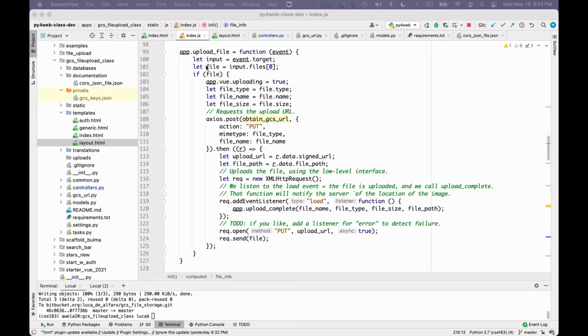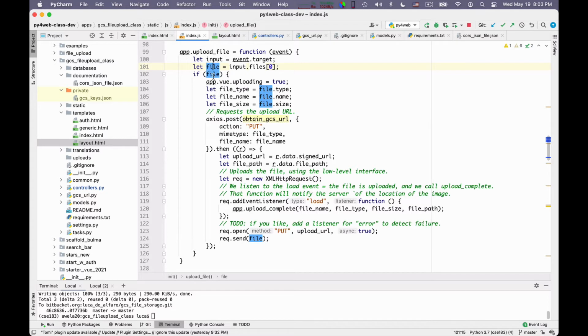Let us look at the function to upload a file. This will be a prototypical function here. The one to delete will be somewhat similar, and it's really the core of the application. So this function is triggered by the event of the user having chosen a new file, and as we did in the previous lecture, we can retrieve the input element where the file was chosen. We can fish out the file, and if a file was specified, then we have to worry about uploading it.